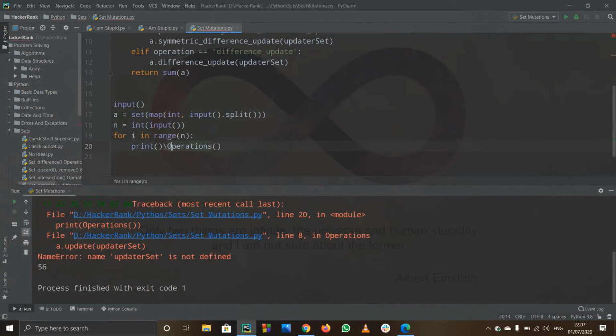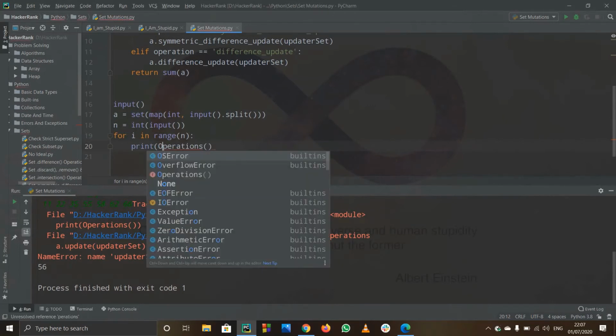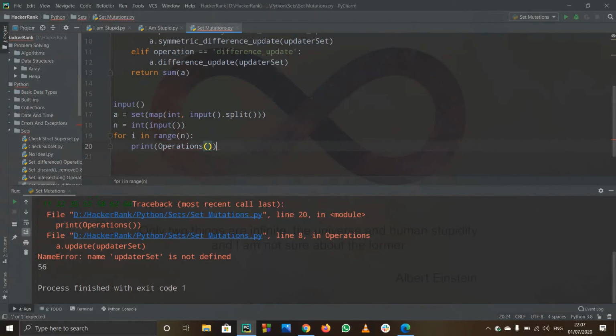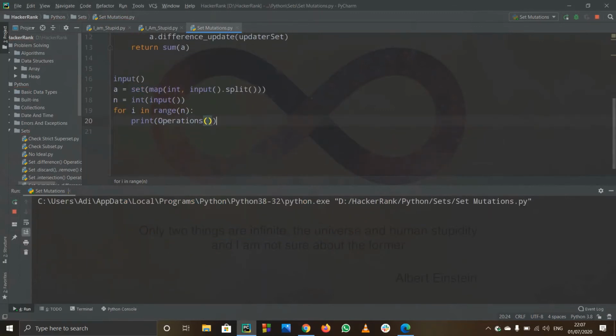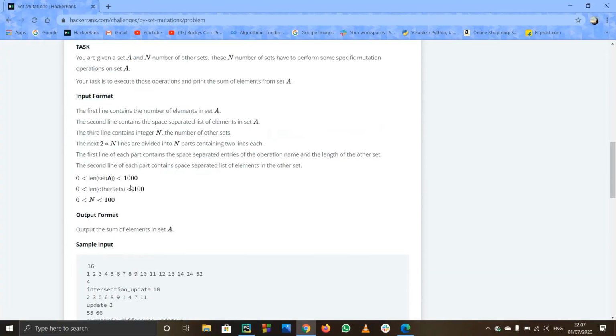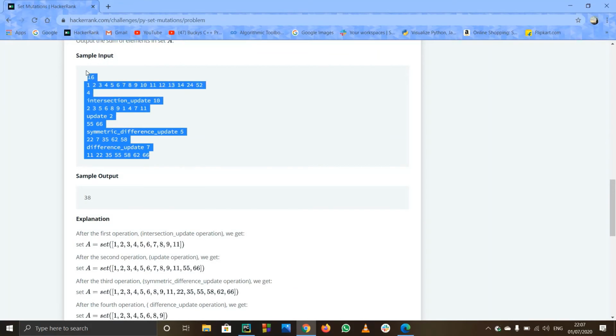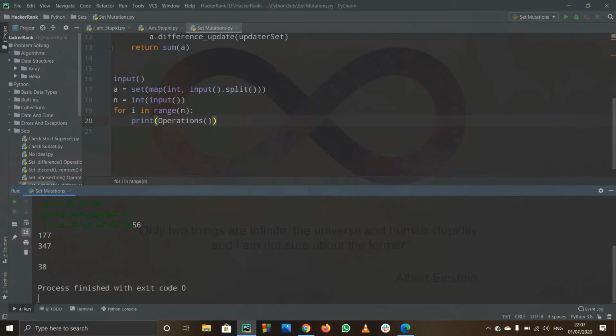So when you print operations, what will happen is, I called it 4 times, or however many operations there are, so it will print the sum 4 times, but I want the last sum actually. I don't want the sum for all 4 commands. Hold on, I'll just copy it and check it. Okay, so it gave the output, 38 is right, but we don't want all these other elements as well. This was the sum 56 when we did this thing, then 177 when we did this thing. We want just the last sum.